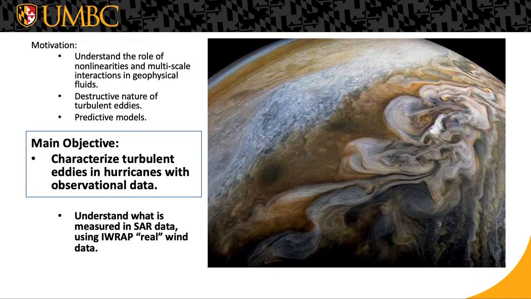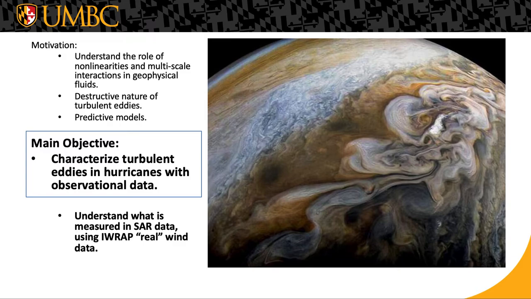So characterizing this turbulent regime on this scale may lead to a better understanding of the larger scale intensity cycles of mature hurricanes. Unfortunately, there is not an abundance of fine scale resolution data with Doppler capability available for large swaths of the storm. But fortunately, IWRAP offers fine-scale Doppler data capable of resolving real wind speed retrievals, while SAR offers large swaths of fine-scale backscatter intensity data. So linking these two data sets can be key to validating SAR's value and characterizing turbulent eddies.